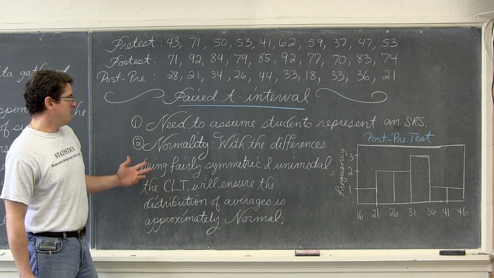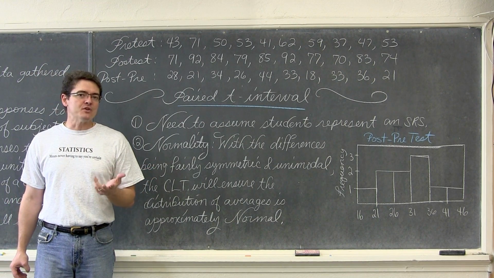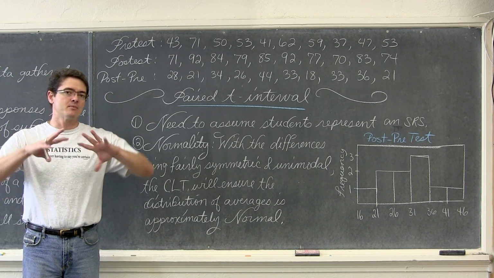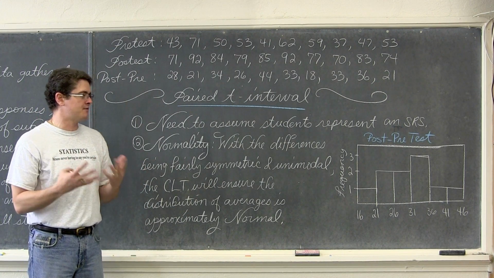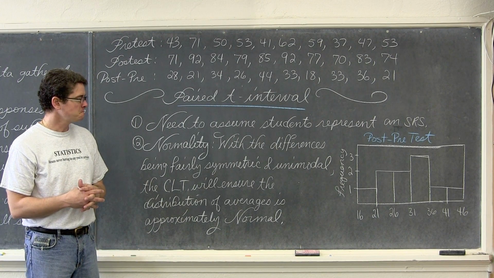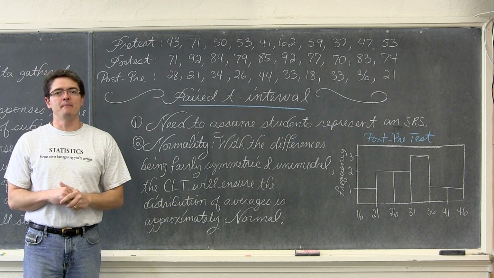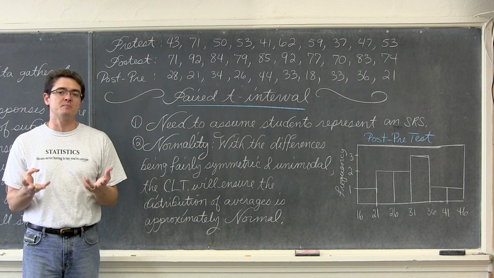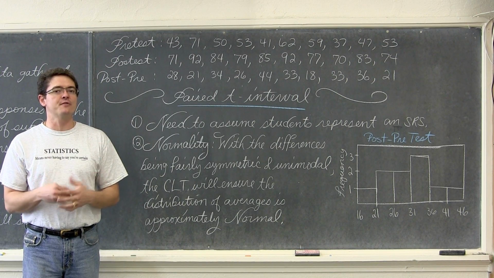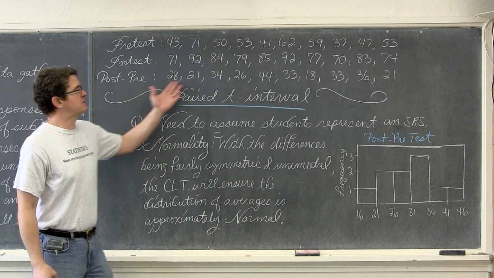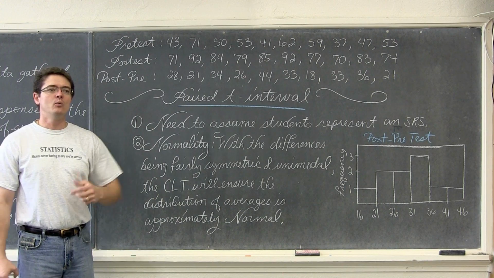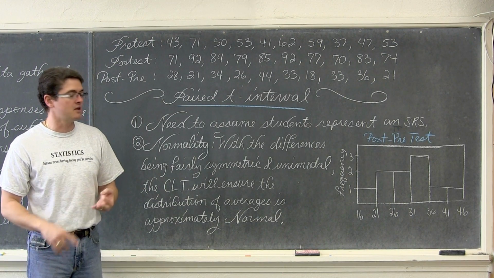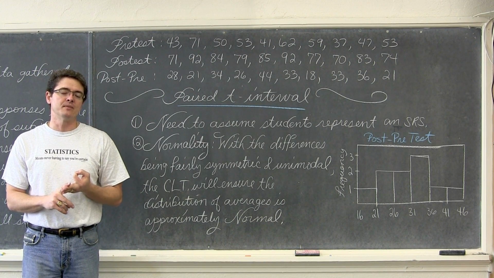Normality. Well, when you're working with averages or means, you always have the central limit theorem helping you out if you're collecting a set of numbers and averaging them together and analyzing that average. But when you're given the raw data, make sure that during this normality check you do actually show some graphical display of checking for that normality. We're not just going to assume it. We don't need to assume normality. We have all the numbers to look at. We can analyze that by making dot plots or stem plots or histograms and looking for that unimodal symmetric distribution.